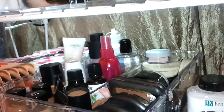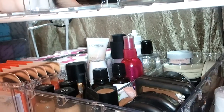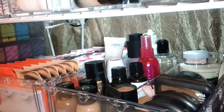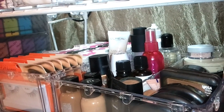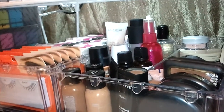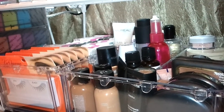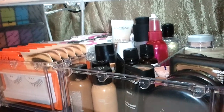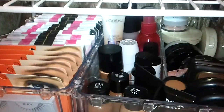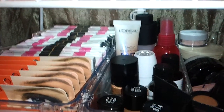But back in the back, there is some eye drops, some mixing medium, and the pink bottle is some setting spray to set my makeup, and I like to use the Elf brand. It works really well, and it's pretty reasonable in price. And I also use the MAC one, and I use the Elf one more, like I said, because it's cheaper and I can just use it without feeling like I have to save the product. I have some essential oils in there. I store some L'Oreal BB cream, and